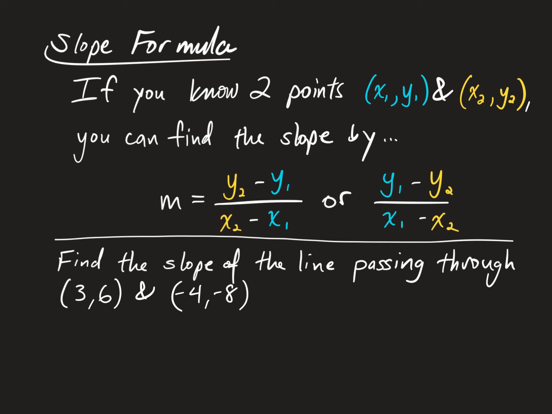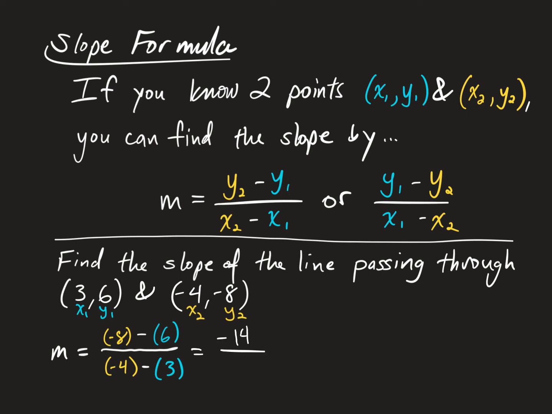So find the slope between these 2 points. All you have to do is set up this equation like this. I identified where x sub 1 and y sub 1 were. I identified where x sub 2 and y sub 2 were, and then I just substituted those values in here accordingly. From here, all you have to do is simplify the top. Negative 8 minus 6 is negative 14, and the bottom, negative 4 minus 3 is negative 7, and simplify that